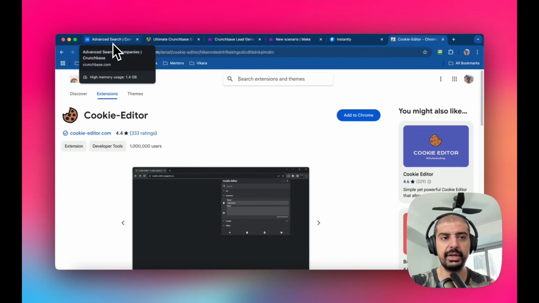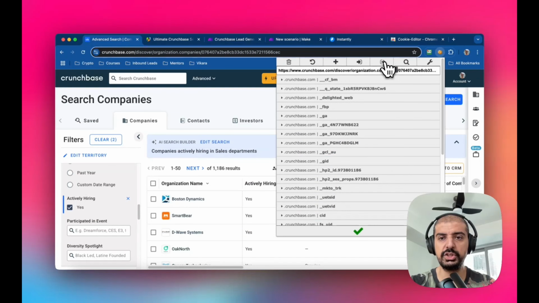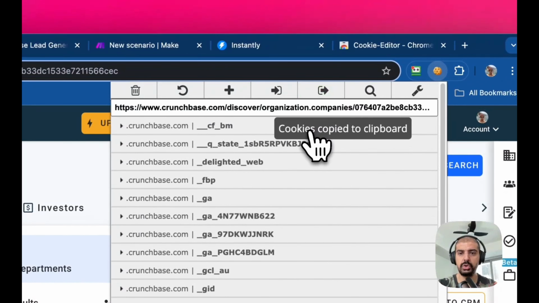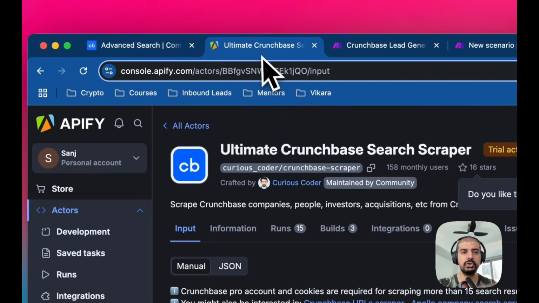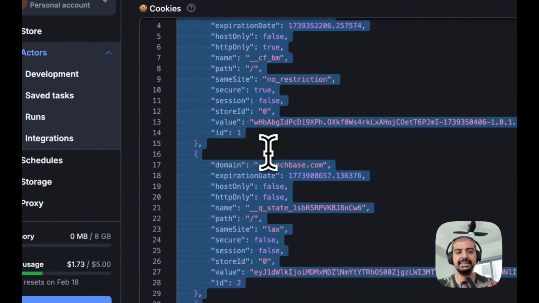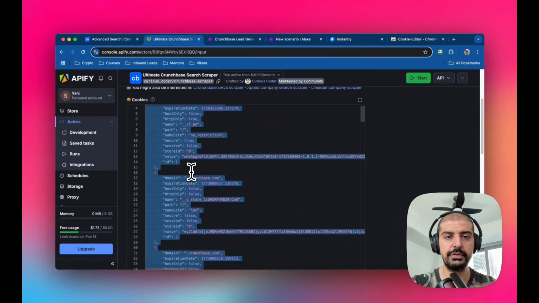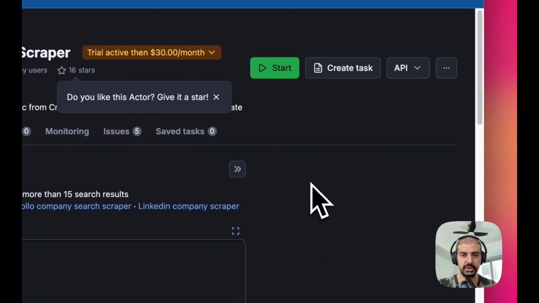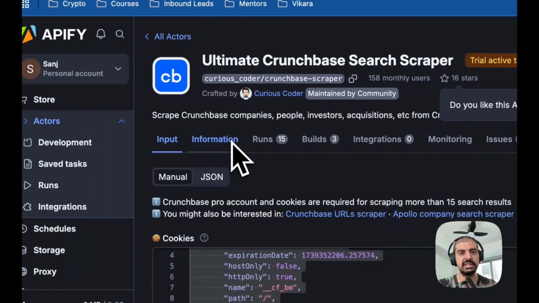What you need to do is head back over to Crunchbase and click on this button here to export. It's going to copy the cookies to the clipboard. Then you head over to Apify, go into where it says cookies, select all, delete it, and then paste whatever you've copied from the clipboard. I don't want to do that because I've already got it in here, but that's literally it. Now, I'm not going to run this because, like I said, it does take 15, 20 minutes,